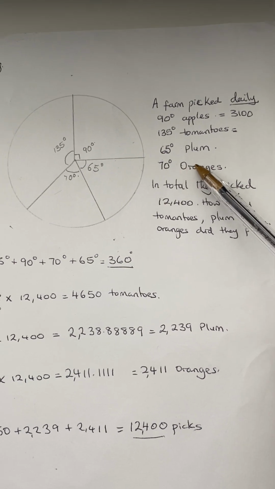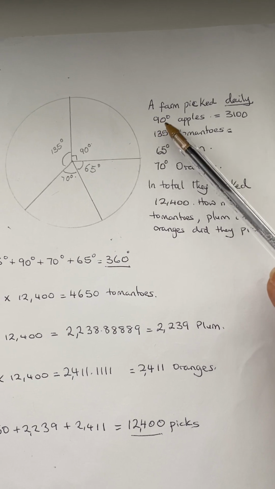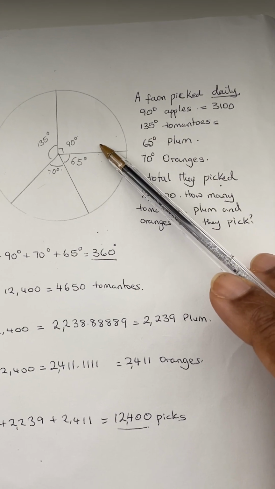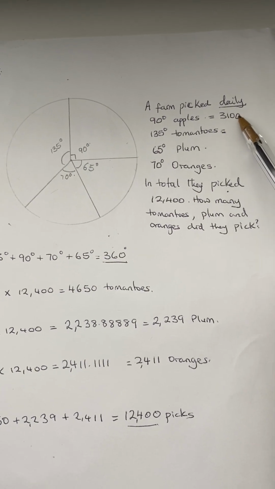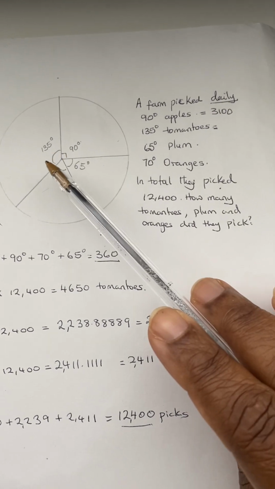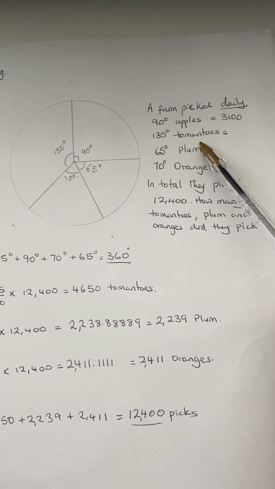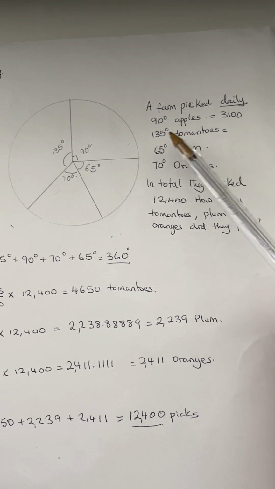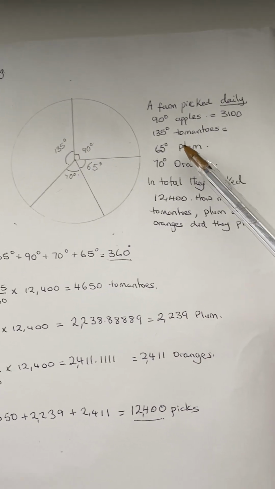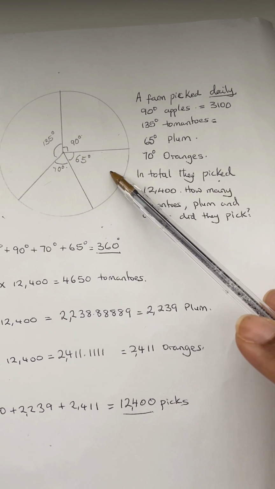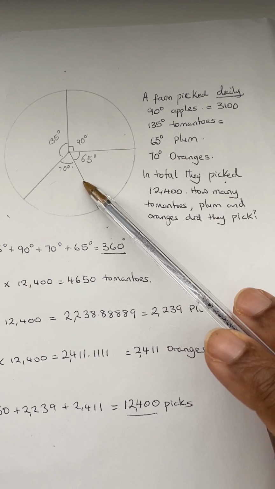They pick 70, not percentage, please, 90 degrees apples, okay, to represent the pie chart, which is 3,100. 135 degrees of tomatoes, okay, not degrees as in temperature, degrees here as in angles, okay. 65 degrees as plum, and 70 degrees as